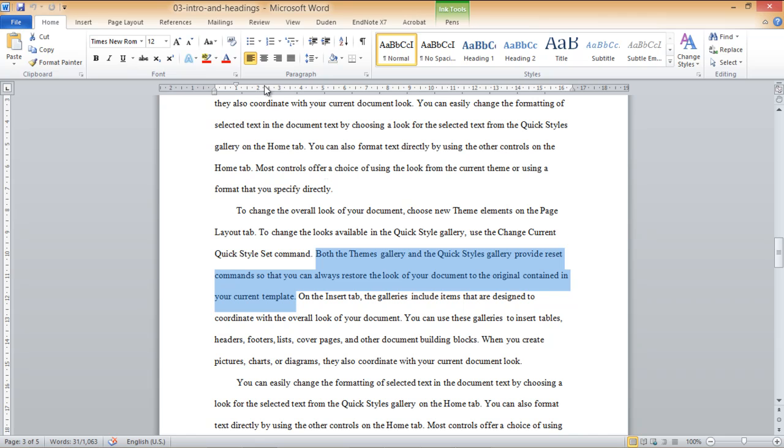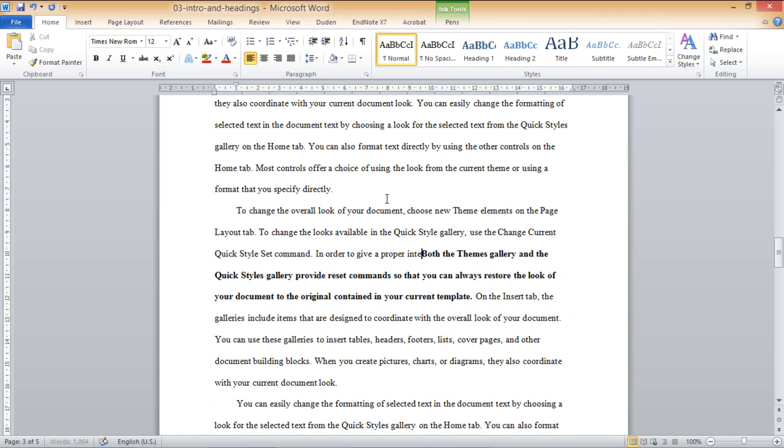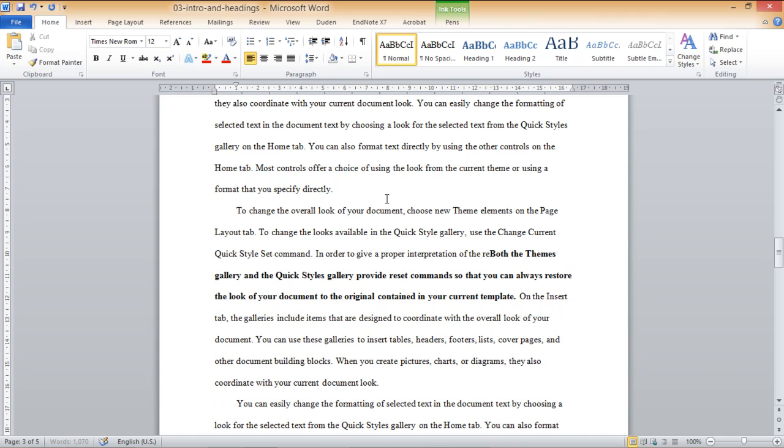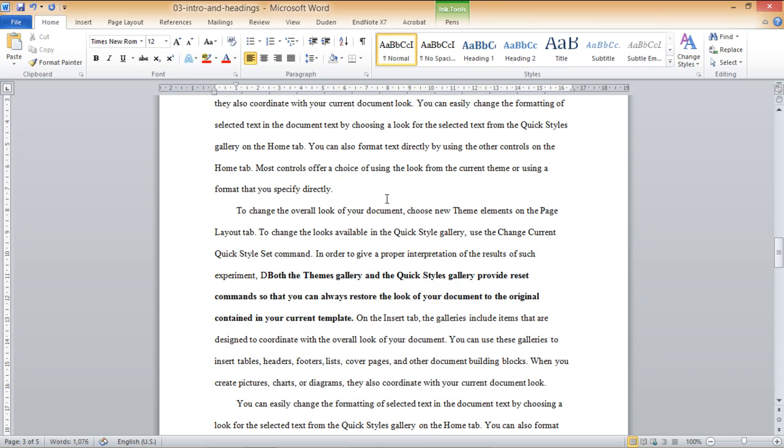So we might be saying, let's just mark here in bold just for reference. So let's say we were saying, for example, in our paper, in our own words, in order to give a proper interpretation of the results of such experiment, comma, then the last name of our fictional researcher, then parentheses, the year of publication.